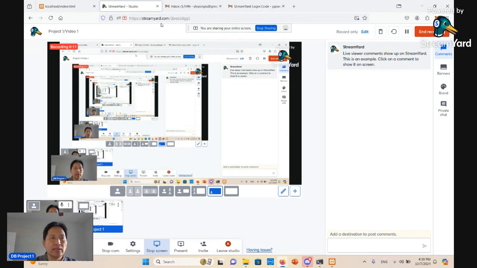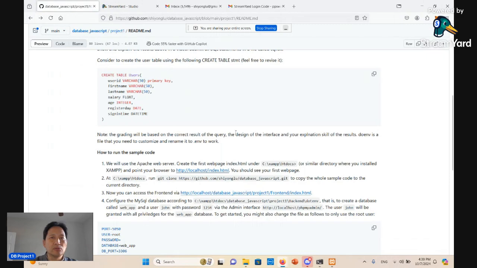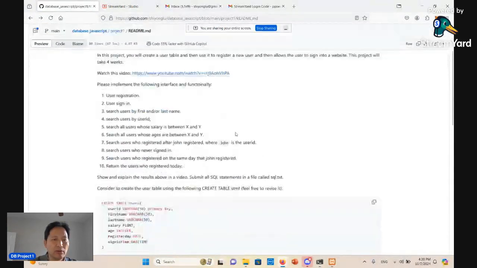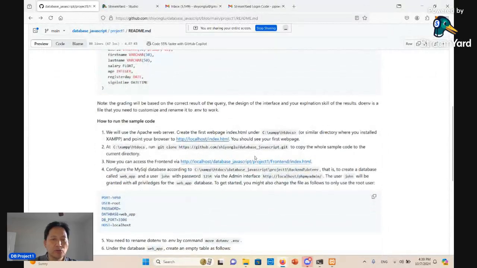First of all, let's look at the website. So go to the GitHub. We have a total of 13 steps. We're going to start from step one, which is going to show you where we can find